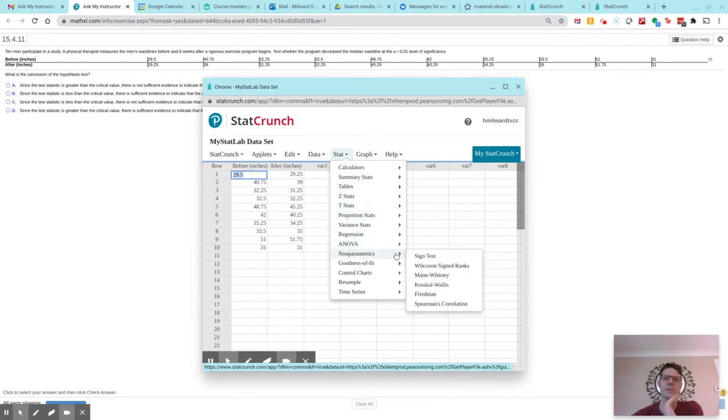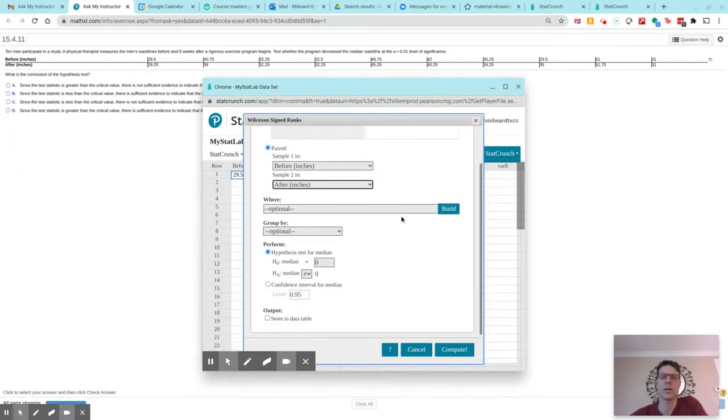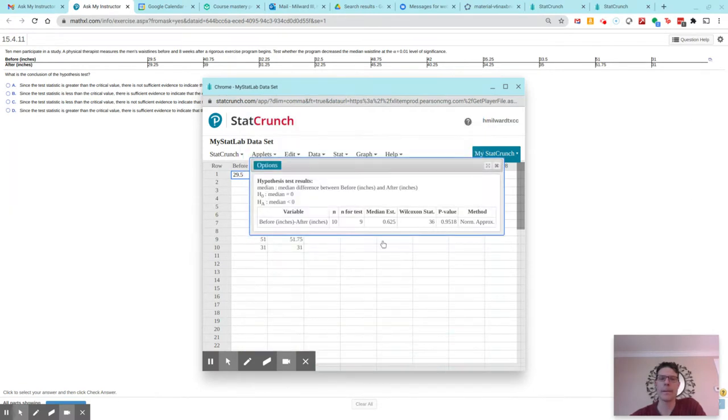Non-parametrics, right? And we want the Wilcoxon signed ranks, right? These are paired. And the before in 1 and the after in 2. And we want the medians to see if the median difference decreases, right? The median difference decreases. So we compute that. And we find the p-value is